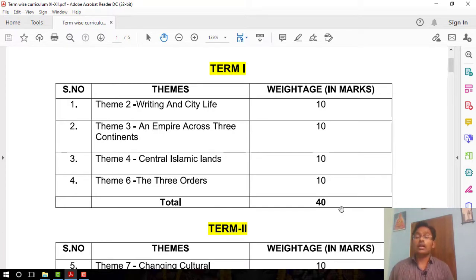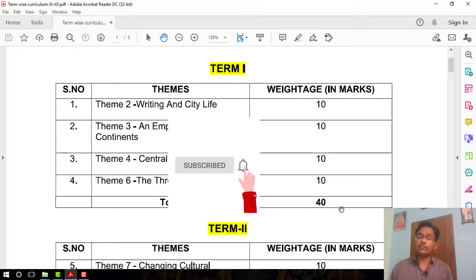So students, I will give you lots of detailed descriptions about this history course, about the curriculum and important guidelines for history. So you must attend all my Google Meet classes, and I will discuss with you and give you detailed descriptions about this course curriculum. So this is it for today.